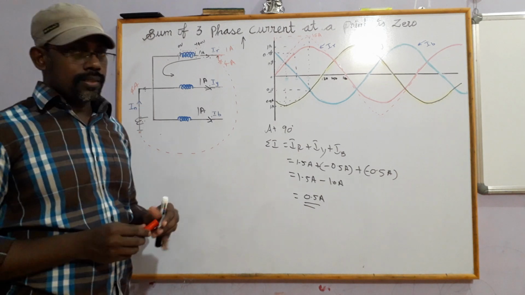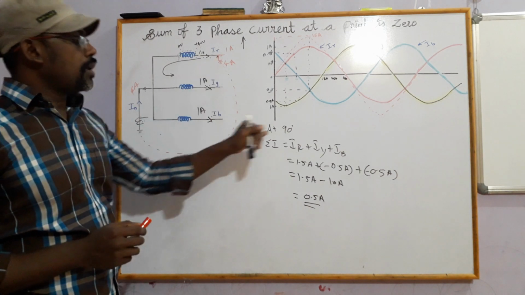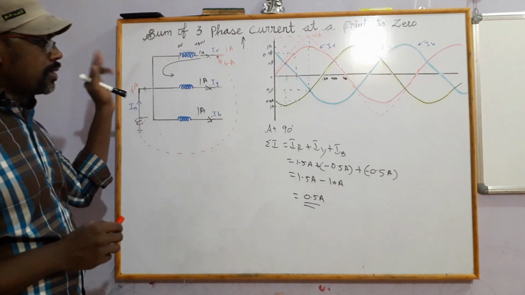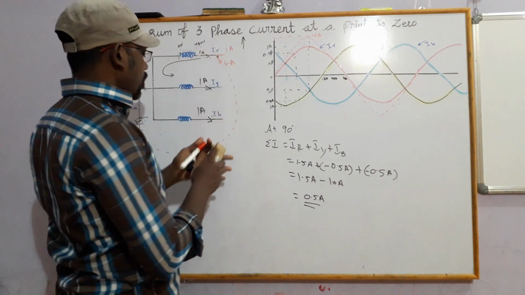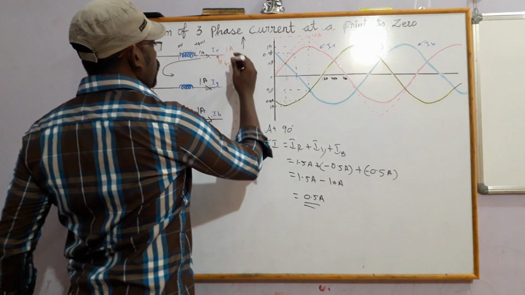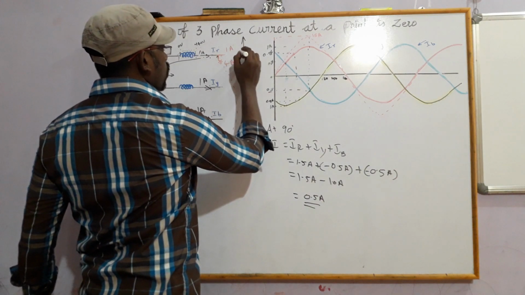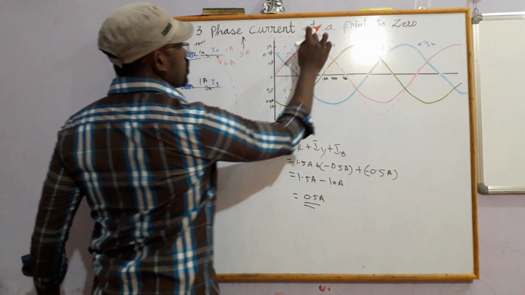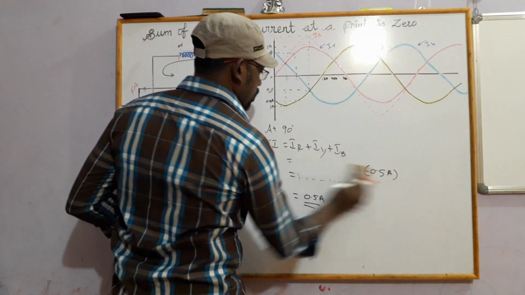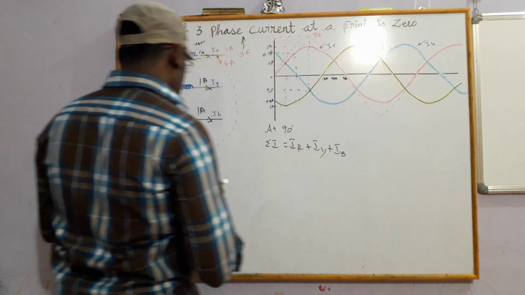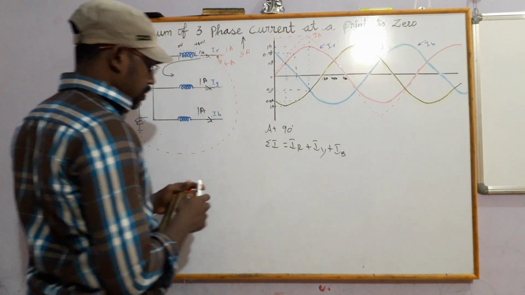In this case, if you make the sum also, it is going to be the same. That is, IR current is going to be fault current 4 plus load current 1 amp, so totally 5 amps. So let us consider it is having 5 amps magnitude. In this case, we'll check what amps we get.